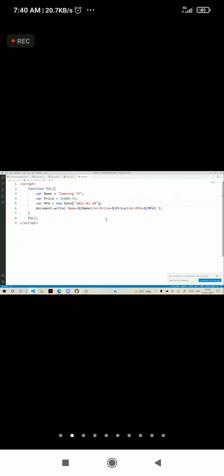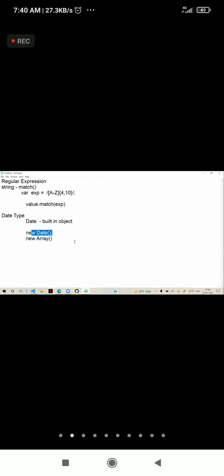Now important is how to present the date and how to handle the dates dynamically, because the date which is presented is not user friendly or understandable, since unnecessarily so many things are coming. Then how to present the date in a correct format? To present the date in a correct format, the date object provides several properties and methods. That means date related methods.